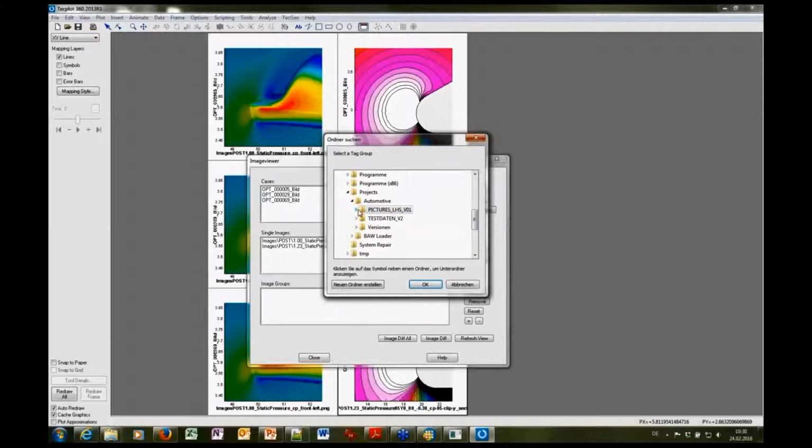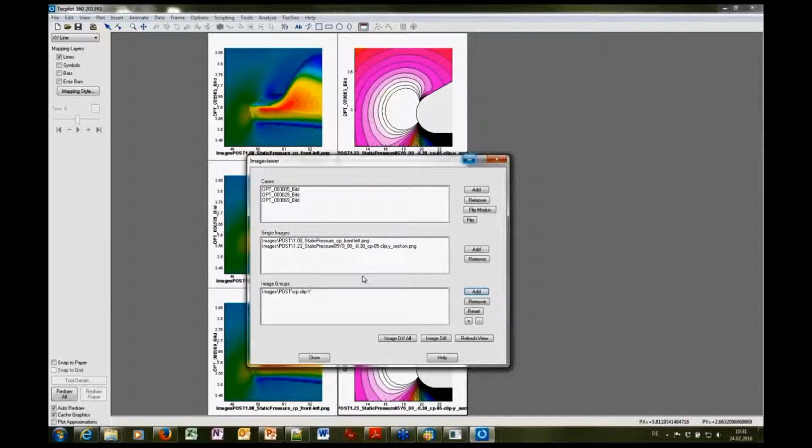Scrolling down, here we are, my pictures. Post-processing. And here I have, for example, different clips through my data. And let me, for example, select clip Y, CP plots. I select this one, and now I go to